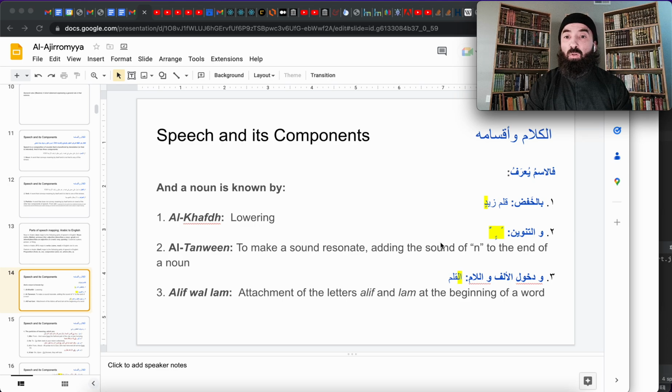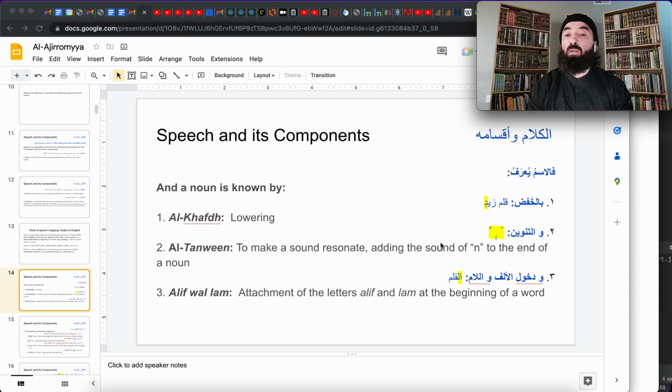So the signs of nouns. What are the signs of nouns? The mu'allif, the author, says فَالْإِسْمُ يُعْرَفُ بِالْخَفْضِ, and a noun is known by lowering, meaning one of the signs of a noun is what we call lowering. But what does lowering mean? Obviously, linguistically, al-khafd means lowering, but in the terminology of Arabic grammar, khafd means